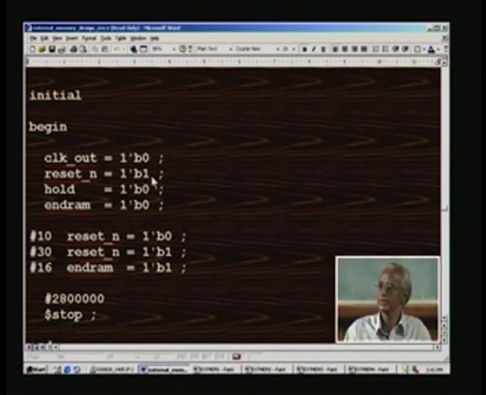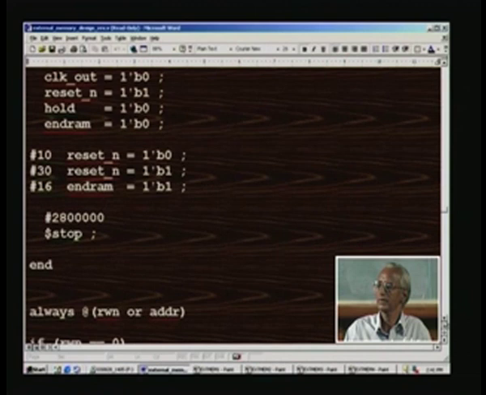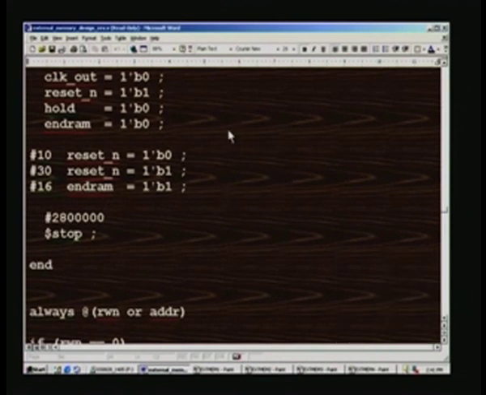For example, reset is in the inactive state here, and we apply the reset pulse only at 10 nanoseconds, and withdraw the reset at 30 nanoseconds. Just for 20 nanoseconds we apply a reset pulse here,